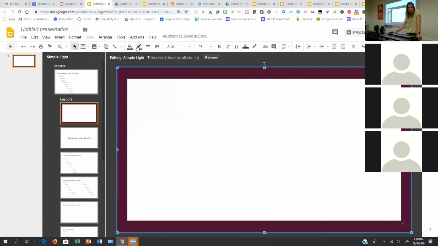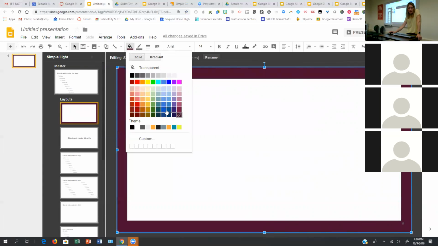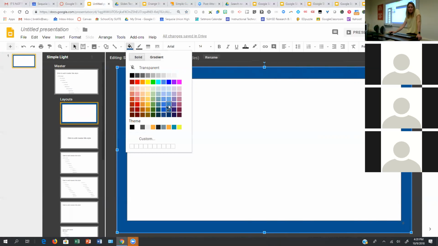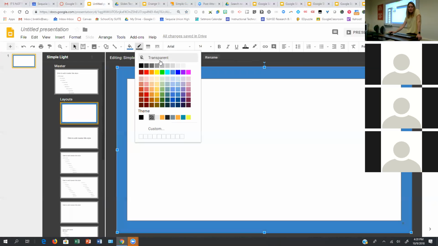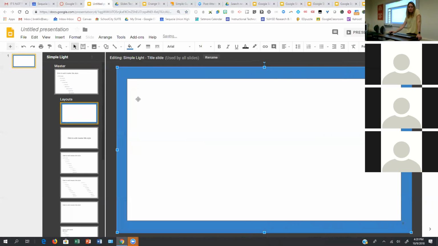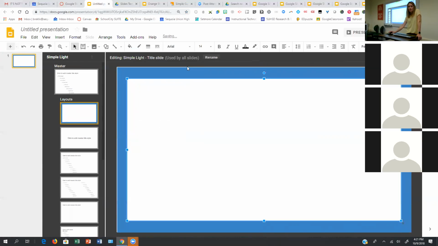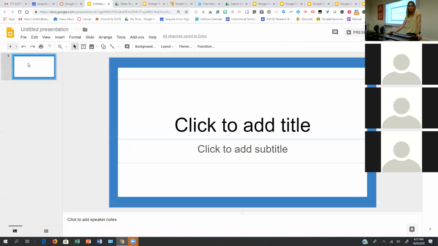And let's see, this larger one, I think I don't know, changing my mind. I think I want it lighter. Maybe kind of a teal. You can play around with it. But I'm going to make the outline transparent, so I don't have a thick outline. And then on the white one, I'm going to make that outline transparent or white. Okay. And so you can go back to your actual slide and see what it looks like. So now you can see there's a little frame there and then white.